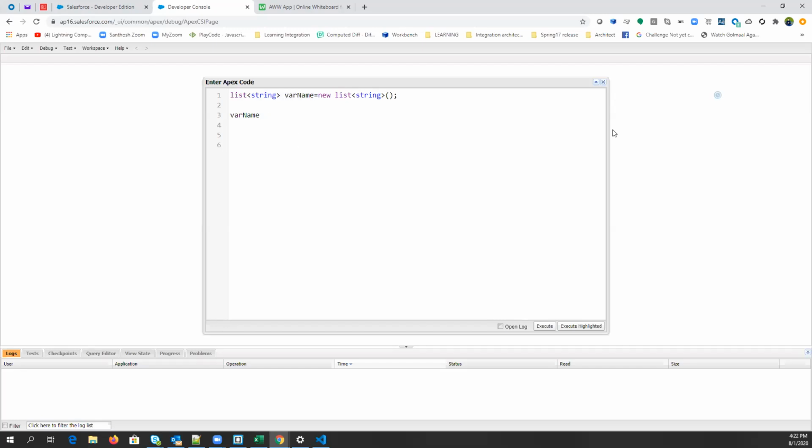Then you can use the add method. So we have called the add method here, right? The add method is just to insert a value in a particular list. Value should be what type? String. Yes, string type. Any question, guys? Everybody is clear till now? Guys, please let me know if you have any question. No? Okay, cool then.